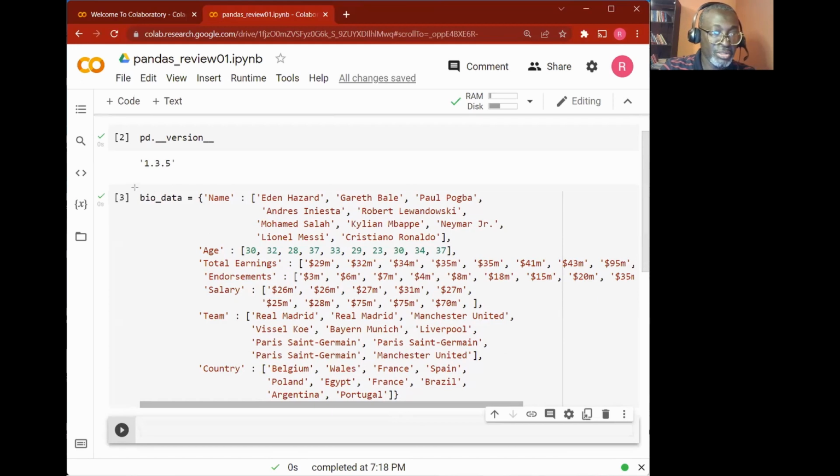So what we did here was to give it a variable name. I chose to call it biodata because for me, it helps to tell me what I'm dealing with here. You can choose to give it a different name as long as it makes sense to you. And what I did was to create a dictionary. If you remember what dictionaries are, it's a key with a value. The value here